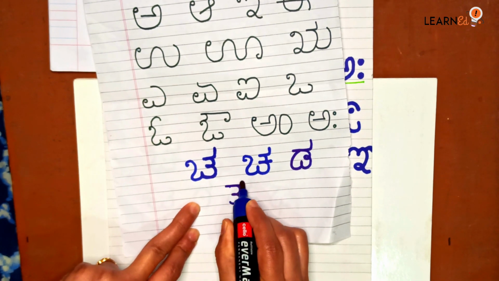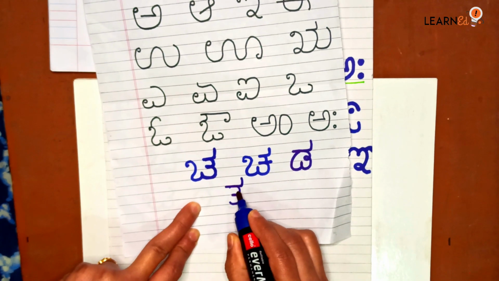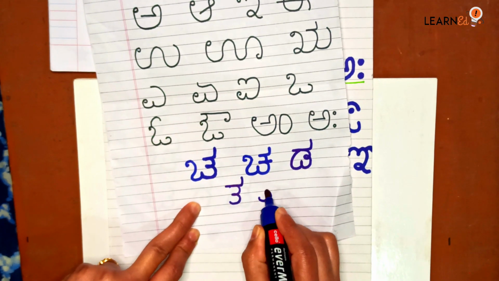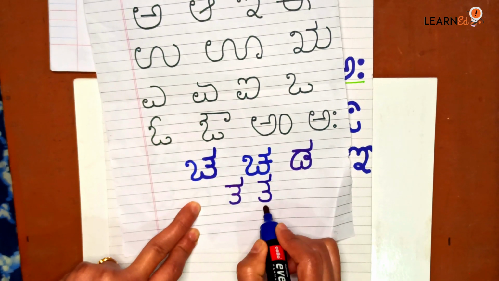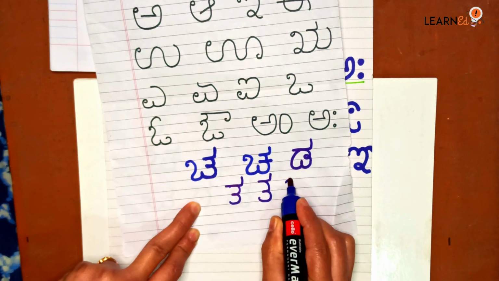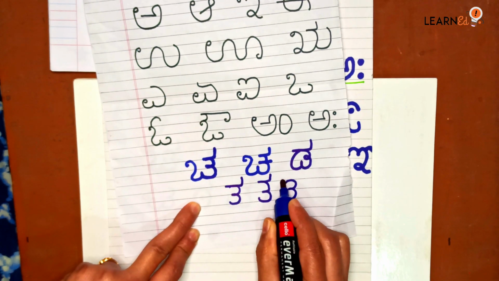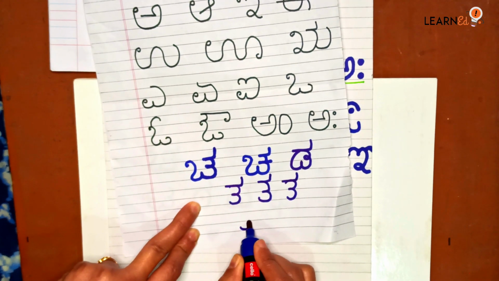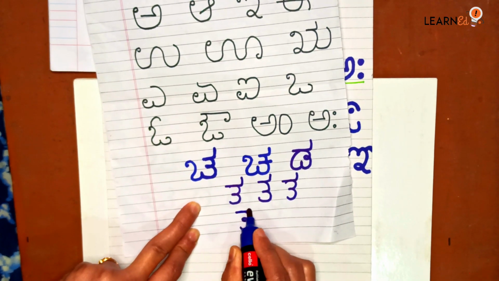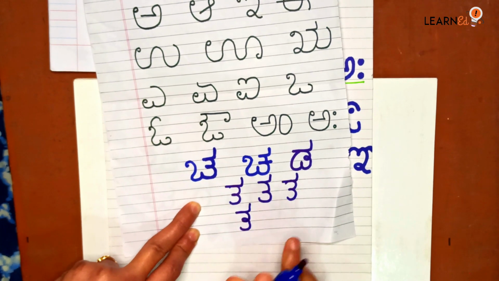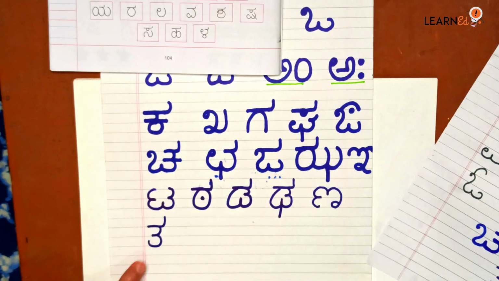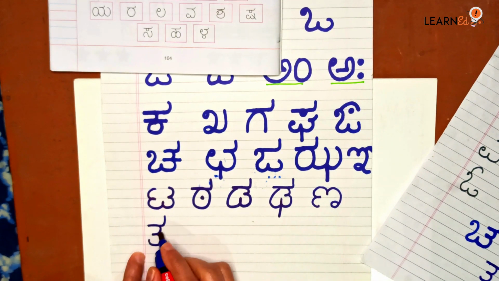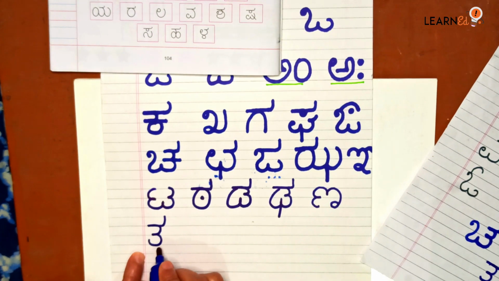Lift your hand and then put the sleeping line. Either you can write this way or this way. This is the proper way actually, from down. But this way if you write also is correct. There's one more method, that printed letter will give us 0 here. If you write that 0 also is correct. I prefer writing this way. This is the proper method.